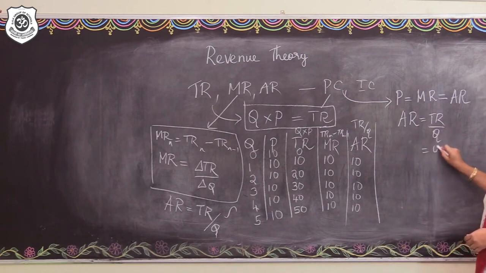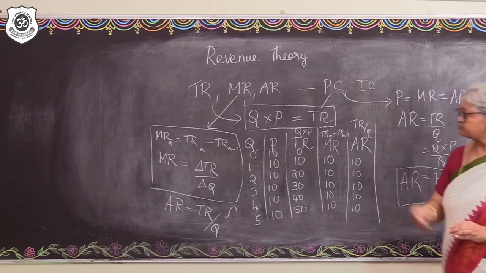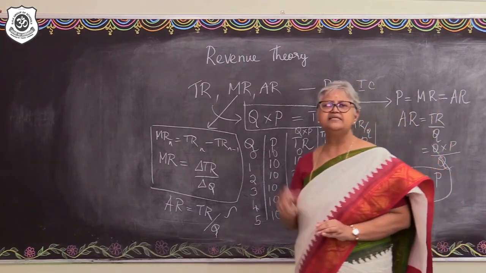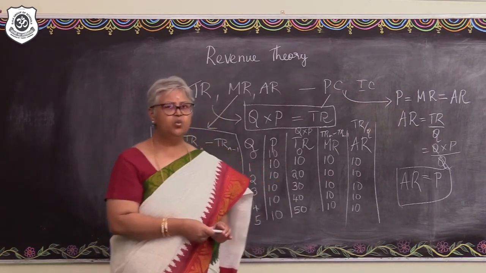It is going to be Q into P divided by Q. Yes. So what's happening here? The Q gets cancelled. So we can say that the average revenue is nothing but the price. The average revenue is nothing but the price. Fine. So this is how the marginal revenue and the average revenue can be understood in a particular market where